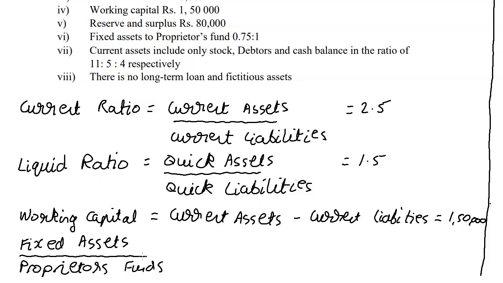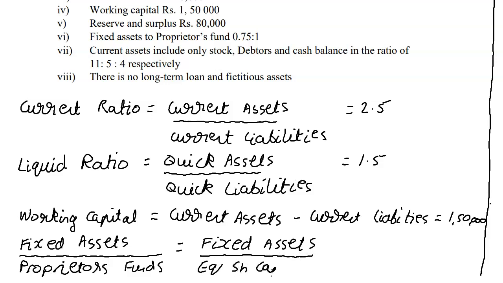Now, we need to understand that fixed assets are those assets which remain with the business for more than a year, and proprietor's fund is equity share capital plus reserves and surplus. So this is going to help us calculate perhaps the equity share capital and fixed assets going forward. For now, just remember that it is in the ratio